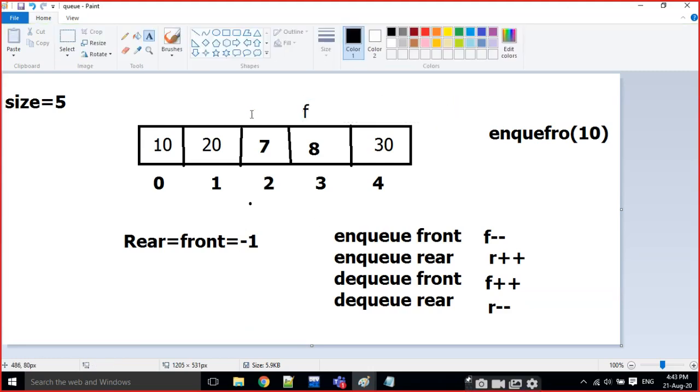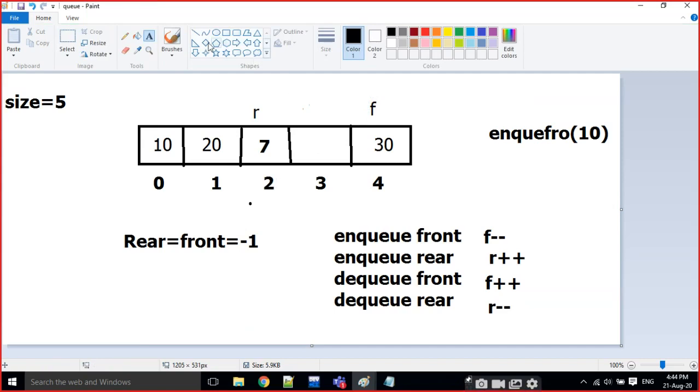Front is here and rear is here. That means the queue is full at this time, right? Now I am going to delete, DQ at front. Now automatically it goes to front. That means F is going to be incremented, and that means 8 is going to be deleted here, and F is incremented like this. Now again I am doing DQ at front.